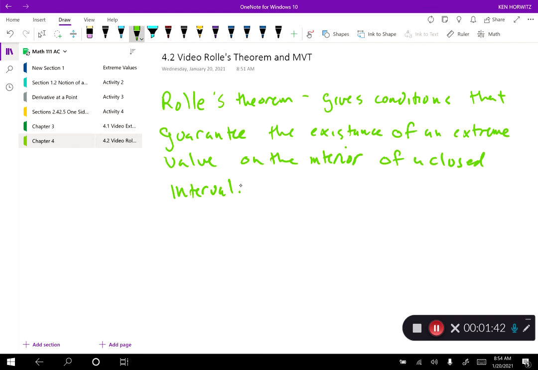All right. So basically, Rolle's theorem is kind of what we call an existence theorem. It basically gives the conditions that guarantee that your max or your min on that closed interval won't be at the endpoints. It'll be inside that interval. All right. So what it says is that if